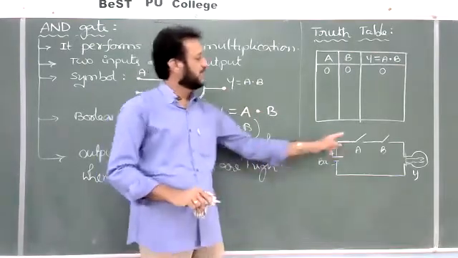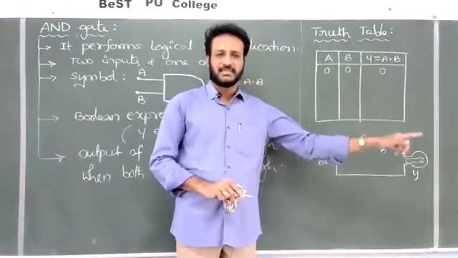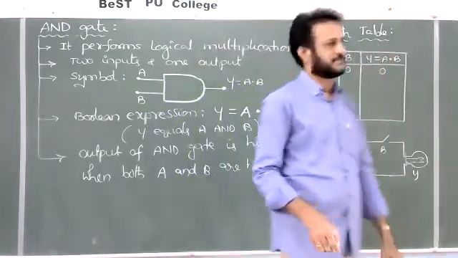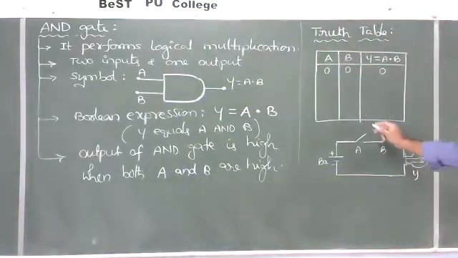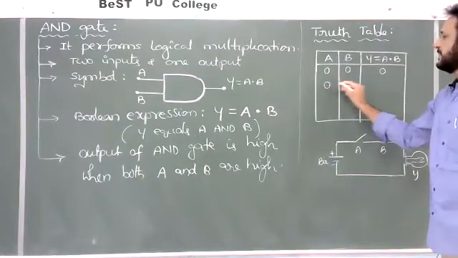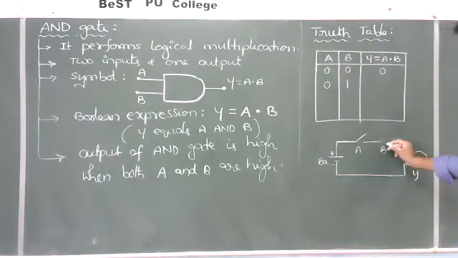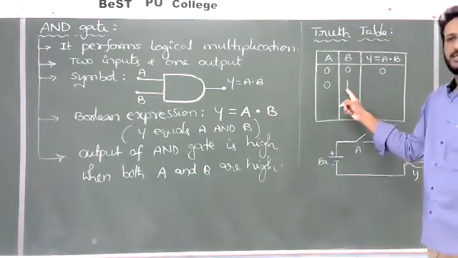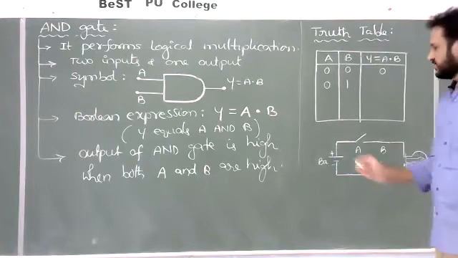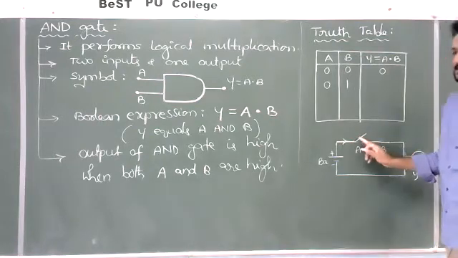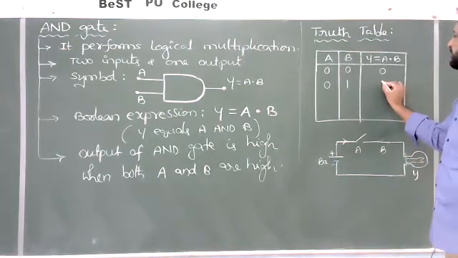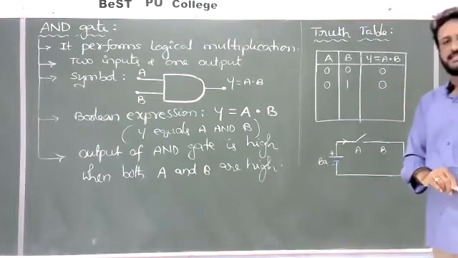So here also, whenever both the switches are open, the bulb is in off condition. Both the switches are open means 0, 0, and bulb also off. Next case. For example, A is opened but B is closed. So B will be closed like this, correct? A opened means A equal to 0, but B closed means B equal to 1. But what about the bulb condition? Current will come up to here, but because of the breakage of the first switch, or opened switch, no current is supplied to the bulb. So again, bulb is in off condition, 0 you should write.